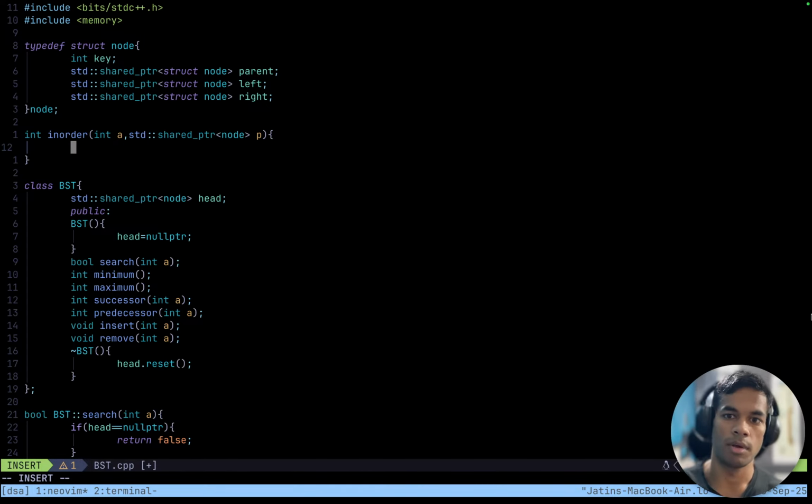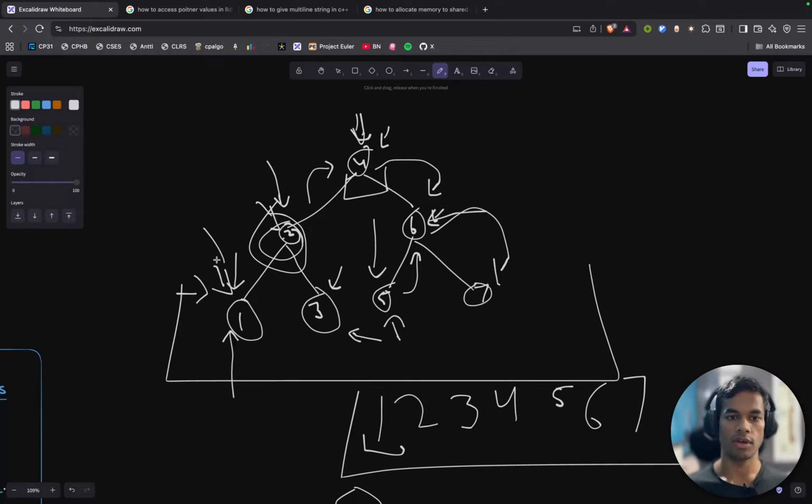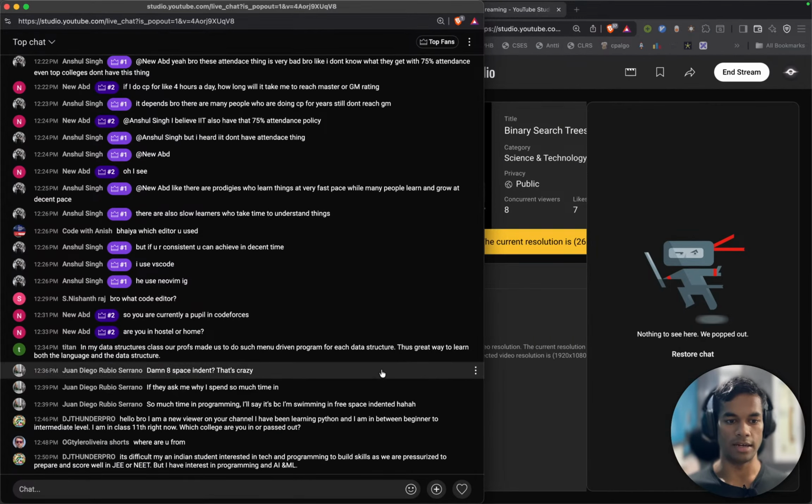And yep, it is looking for the successor in order traversal. So what is this function going to do? Predecessor and successor. If the current node has no left child,